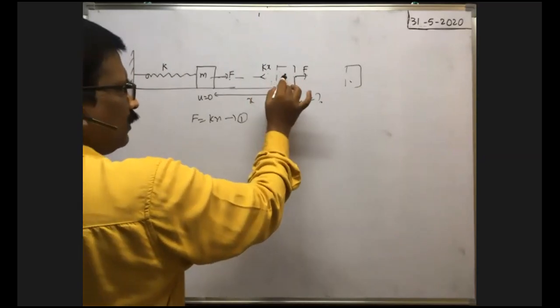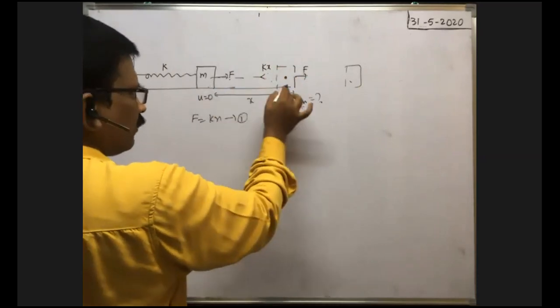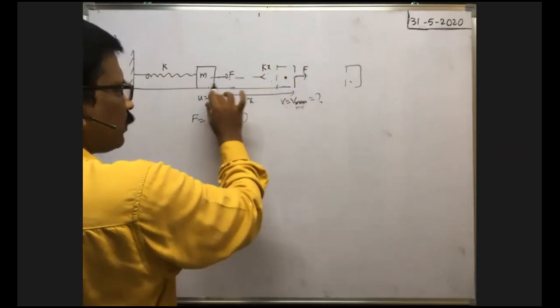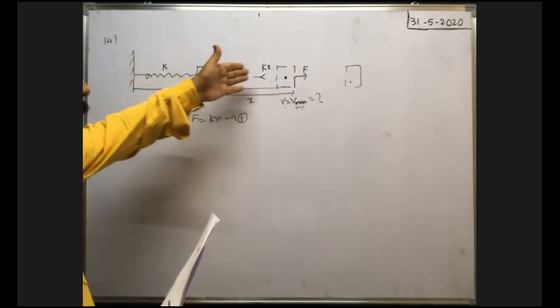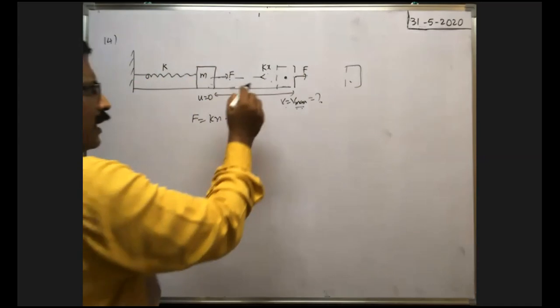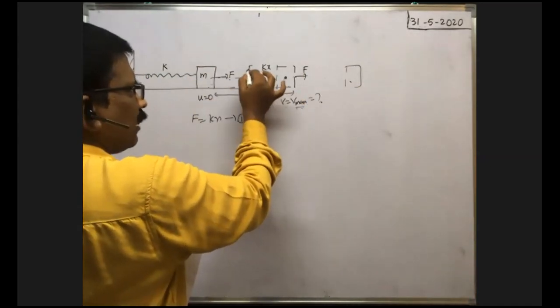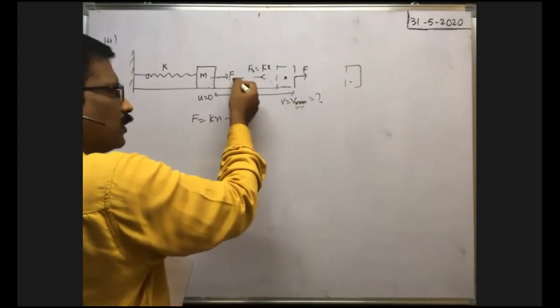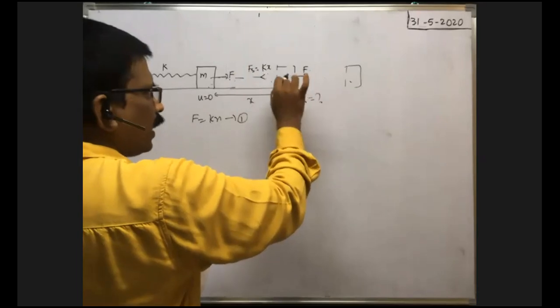Whenever the net force becomes 0 at this point, what is the displacement of the body? That is equal to x. If the displacement of the body is x, then the extension of the spring is also x. Whenever the block moves in this direction, as the spring force Fs acts on the block opposite to their motion, negative work is done by the spring force. Due to the applied force, positive work is done.